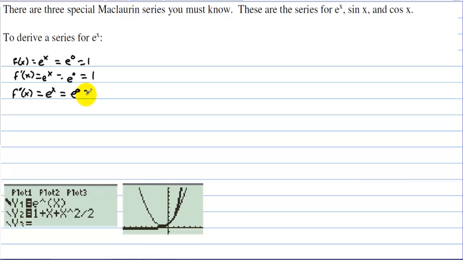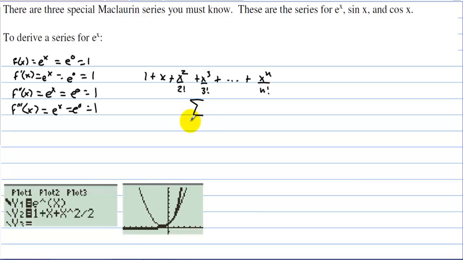Evaluate that at 0, and it's 1 again. And then f triple prime of x is equal to e to the x again, e to the 0, which is 1. So a good representation is 1 plus x plus x squared over 2 factorial plus x to the third over 3 factorial plus keep on going. So the nth term is x to the n over n factorial. So if we write that in summation notation, we get the sum from n equals 0 to infinity of x to the n